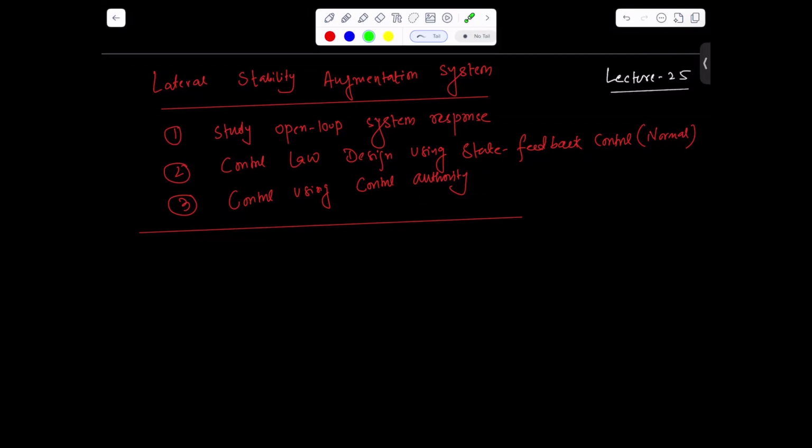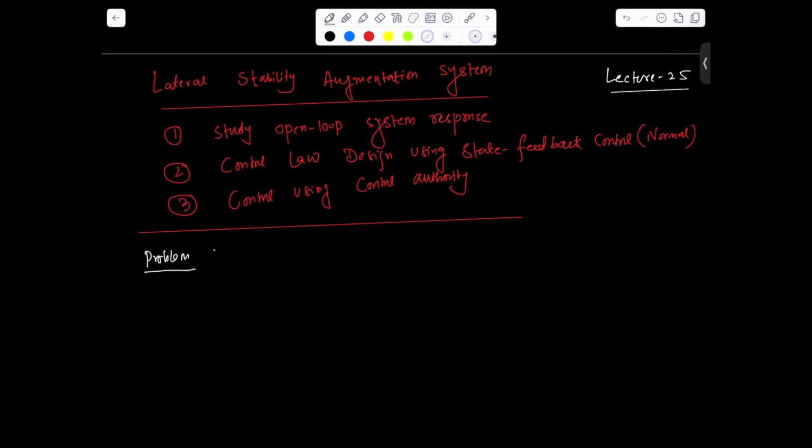So first, let me discuss the problem, what you're going to do. This is very, very important. Here, I'm going to do a lot of stuff. We'll look at the system from the beginning, how we'll go step by step, and design the control.